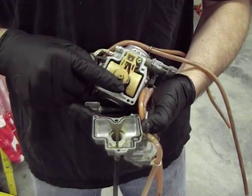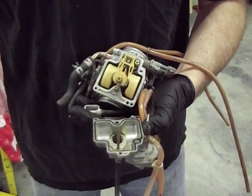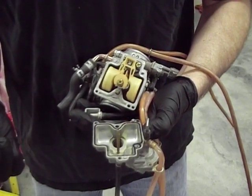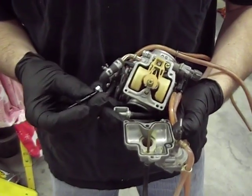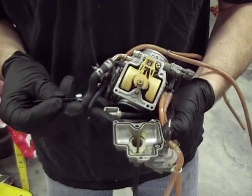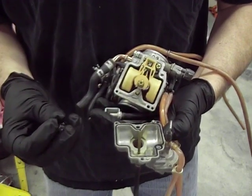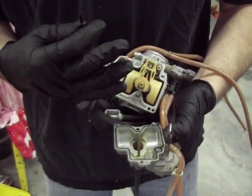The bad thing about that is you have to get a screwdriver in there to change it, and if you change altitude radically and your bike won't idle, it's really nice just to be able to reach down and make a little small adjustment with the idle speed mixture screw, which is what this is right here. So we're going to remove that and put this in its place. We're going to clean everything out, and